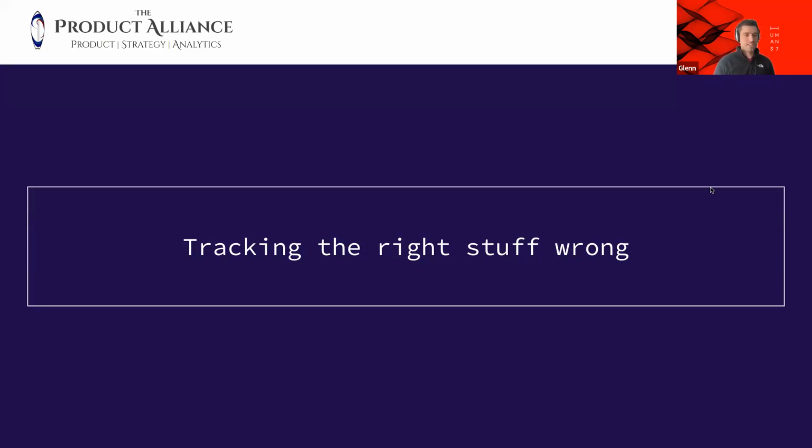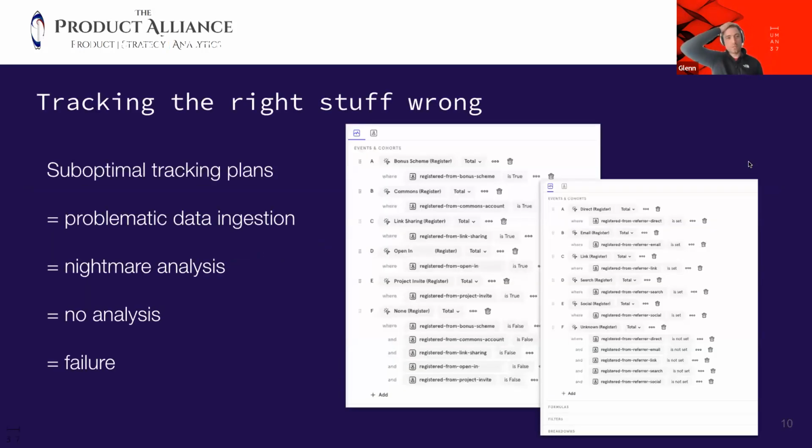The next step is that even if you track with intent, you could track the right stuff completely wrong, right? This is an example that we pulled out of one of the accounts of one of the clients we used to work for. On the right-hand side, you see a screenshot from Mixpanel, but in any other platform it would essentially be the same. And what you're seeing is what seems to be an enormous, complex query, right? This must be a crazy hypothesis that somebody wants to confirm.